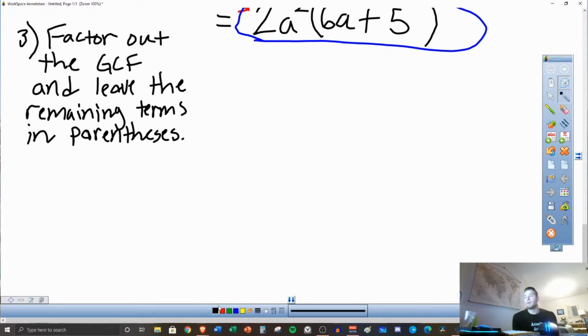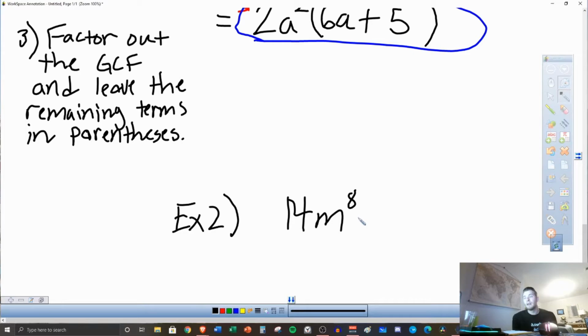So example 2, we have 14m to the 8th n to the 5th minus 7m squared n squared. So we have here, this one is a little more complex, right? There's more variables. We're going to treat it the same way. The first thing we want to do